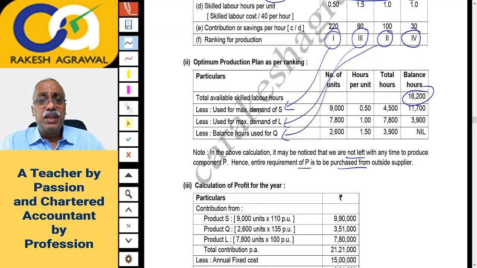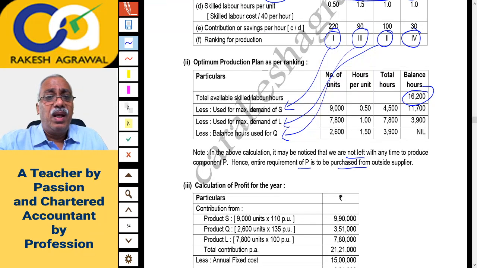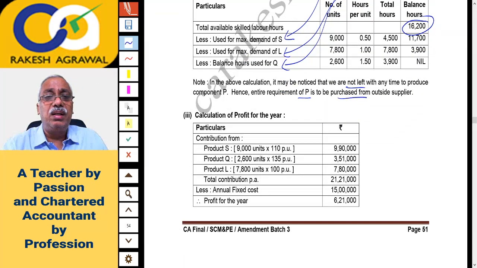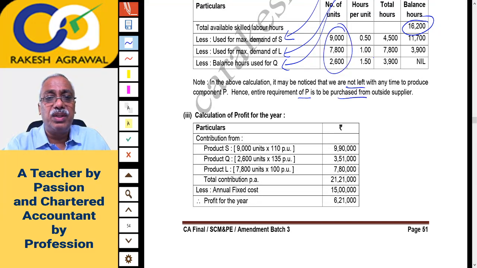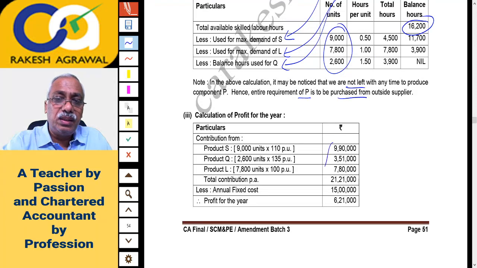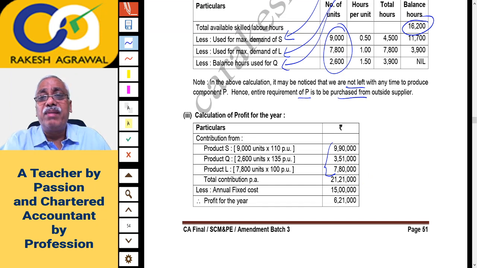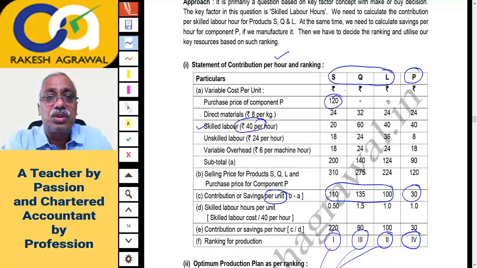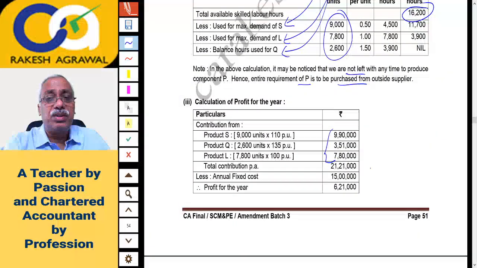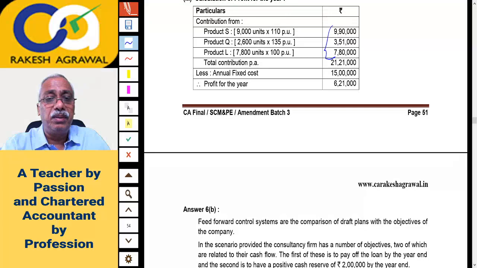Are you getting it? So it is advisable to first manufacture, and then based on this production plan you can calculate the profit also. So on these three productions, sales price minus variable cost, you will get contribution per unit. So you will get this contribution, simple, total contribution minus fixed cost. P you are not manufacturing, you are buying from outside, and that buying cost of P we have already considered in calculation of S, and we are going to buy only, not manufacture. So minus fixed cost, and you will get the profit. So I think the question was simple.